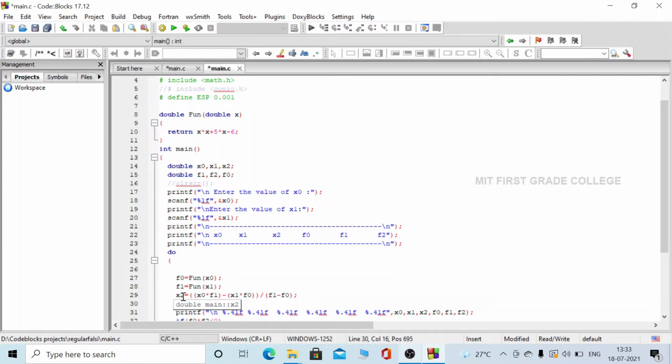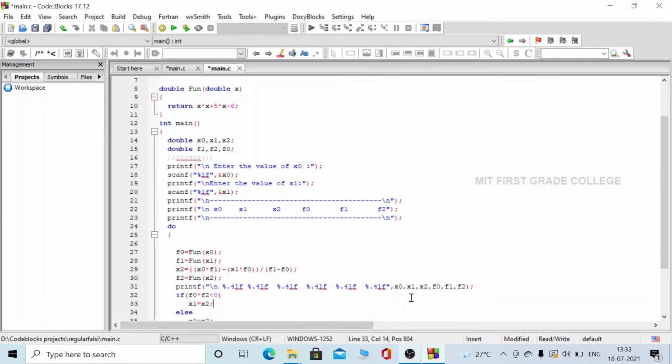After getting the value for x2, again the function is called to find the value of f2 and f2 is stored. After these steps, the values x0, x1, x2, f0, f1, f2 are stored in table form using these statements.